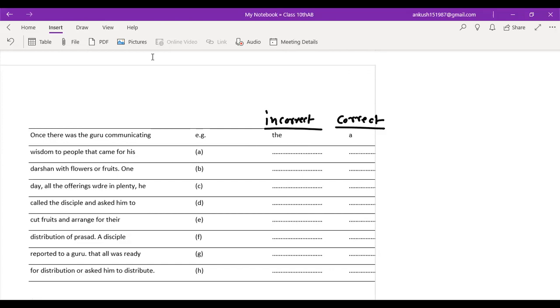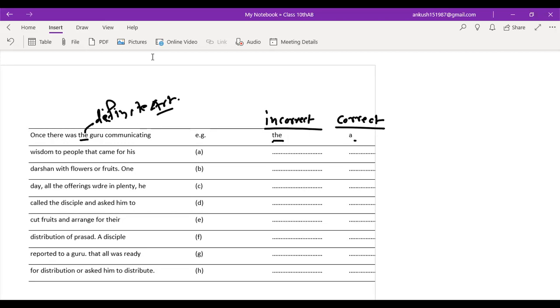Once there was the guru communicating. Now it is a portion of an article. What is incorrect over there? The is incorrect. Why? Because while using any noun for the first time, you cannot use the, because the is a definite article. A definite article is used after the noun has been used once, which is indefinite. So it must be: once there was a guru communicating